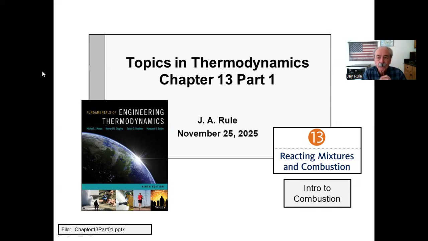Think back about your, let's see, that would be chapter 8, I believe, the steam power plant cycles. You needed a high temperature heat source, didn't you? Chapter 10, air standard cycles, all types of different engines, internal combustion engines, the Brayton cycle, in other words, the model for the gas turbine engine. You needed a high temperature heat source with a lot of heat transfer going in to make those systems operate